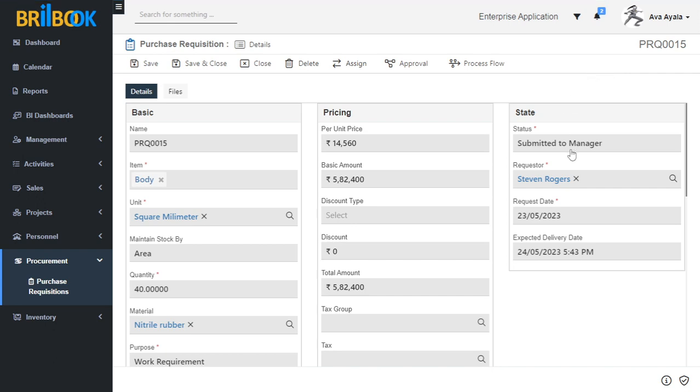Here you can see the purchase requisition status is submitted to manager. Now I am going to approve this record. For that, click on approval button and click on approve button.